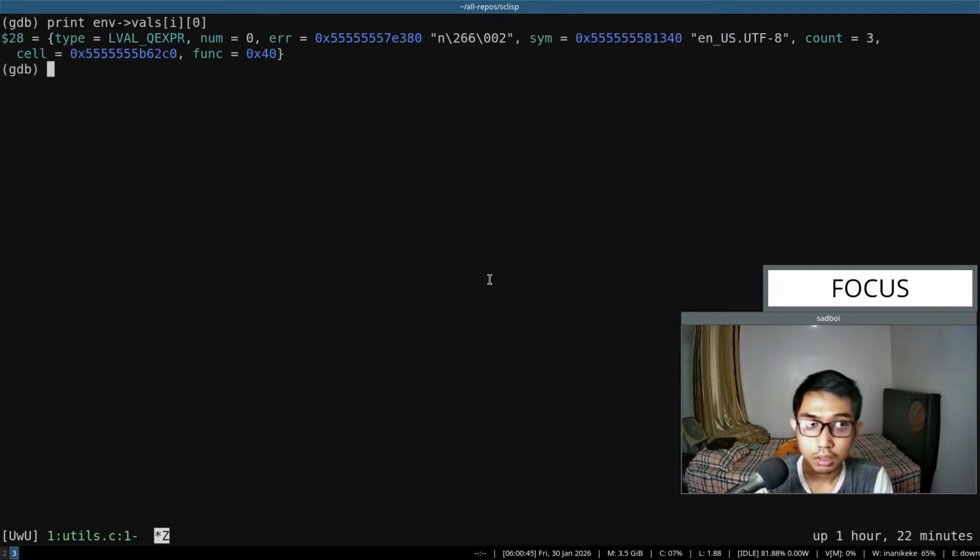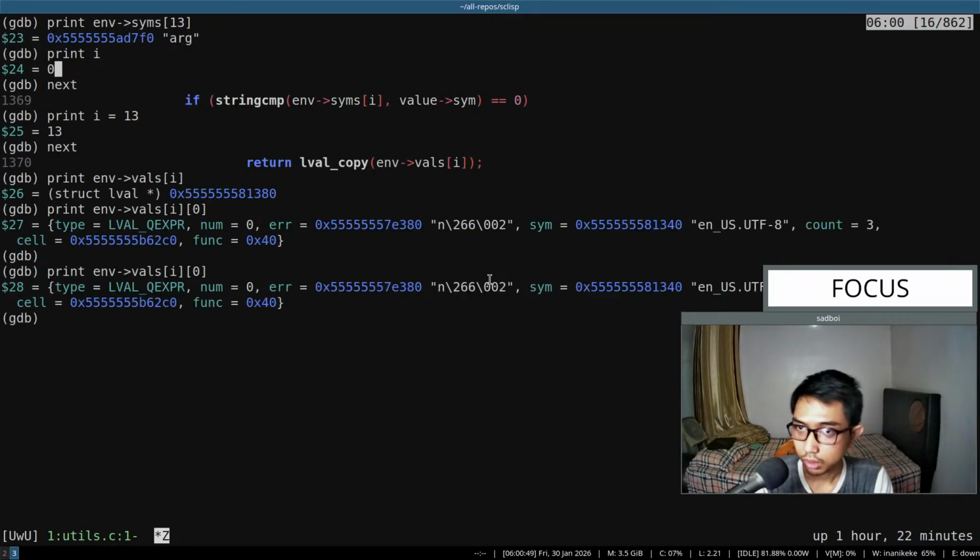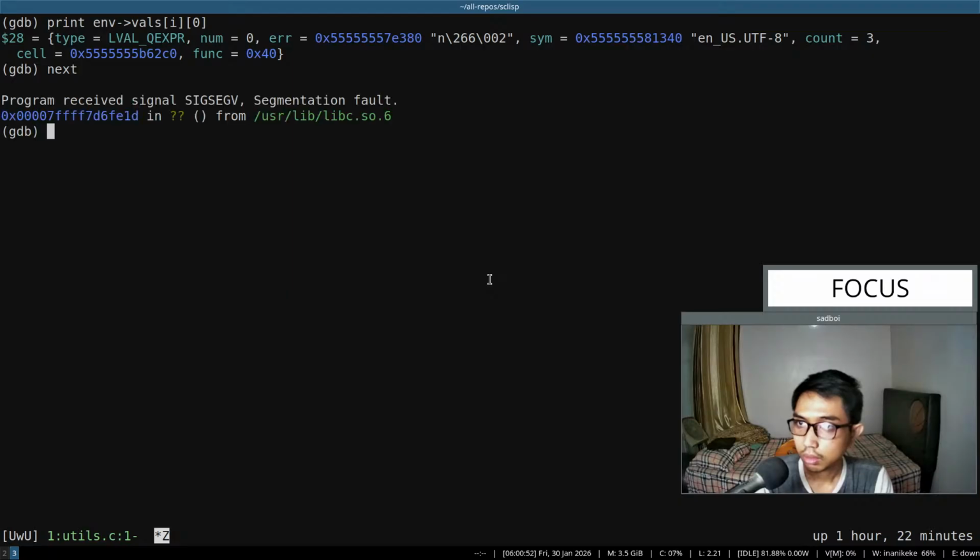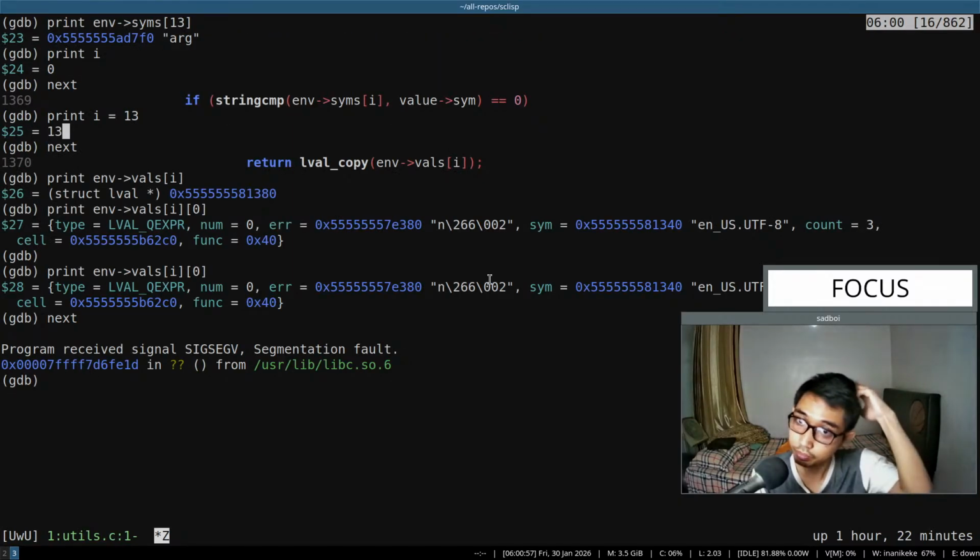Wait a minute. Okay, code expression. Next, check fault. Interesting. So we got a check fault in file copy. Is that it? When the type is code expression,